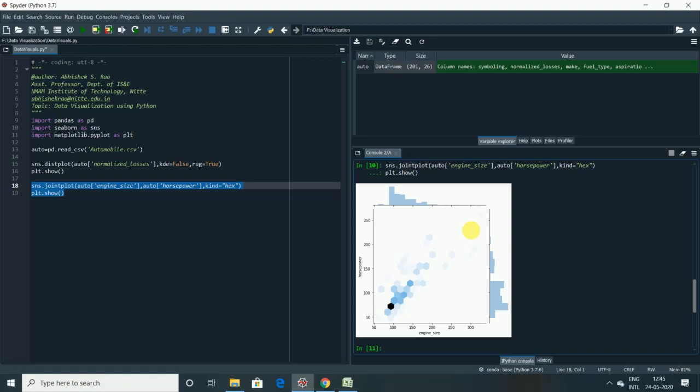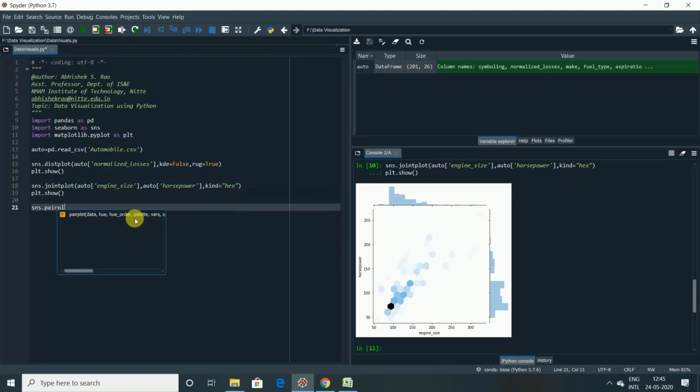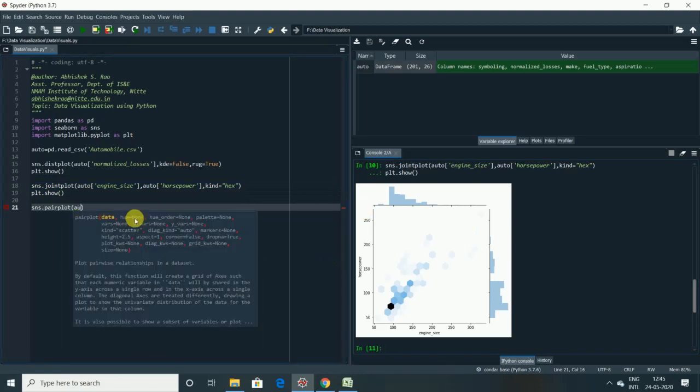So next we will see how to create a pair plot for the multivariate distribution between multiple continuous variables. For that, let me type sns.pairplot, pair plot of the data frame.